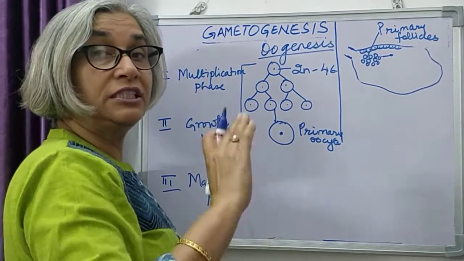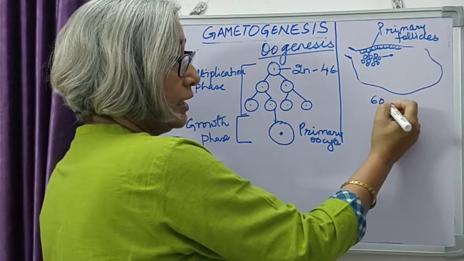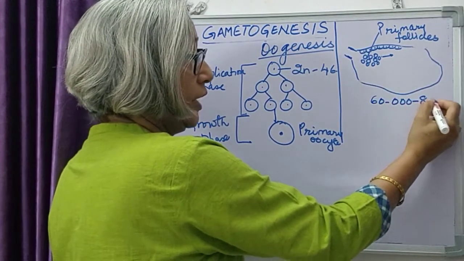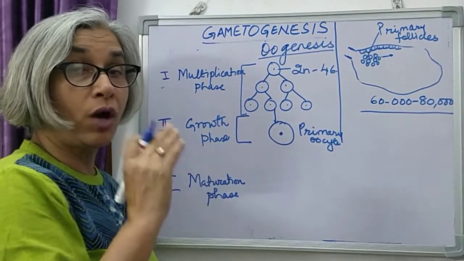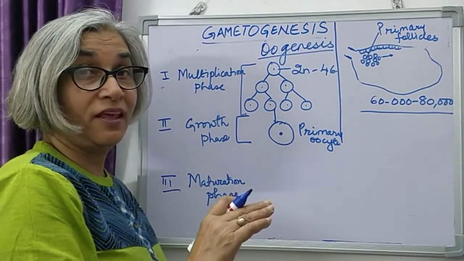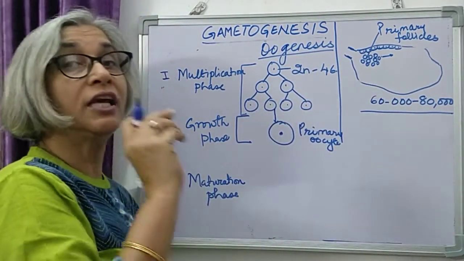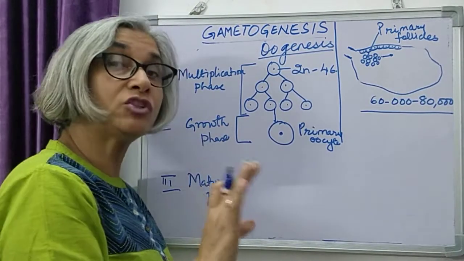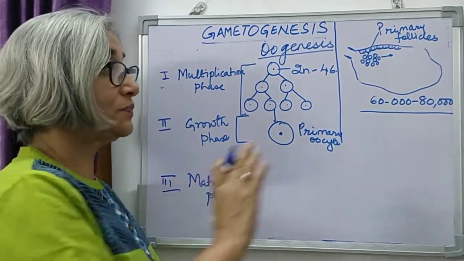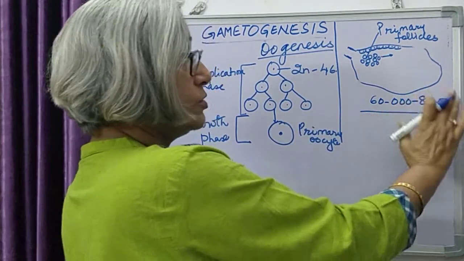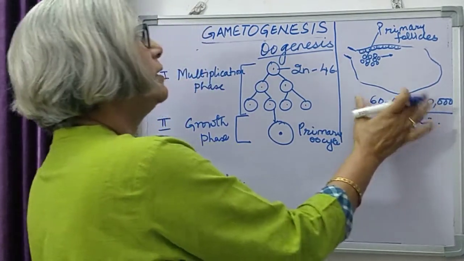Slowly they will degenerate. So at the time of puberty, these are limited to 60,000 to 80,000. That is why a female is not fertile throughout her lifetime, because a stage comes when these follicles finish and production of ovum by the female stops. When we do the menstrual cycle, I will explain this to you. So there are 60,000 to 80,000 follicles at the time of puberty, and these are going to last